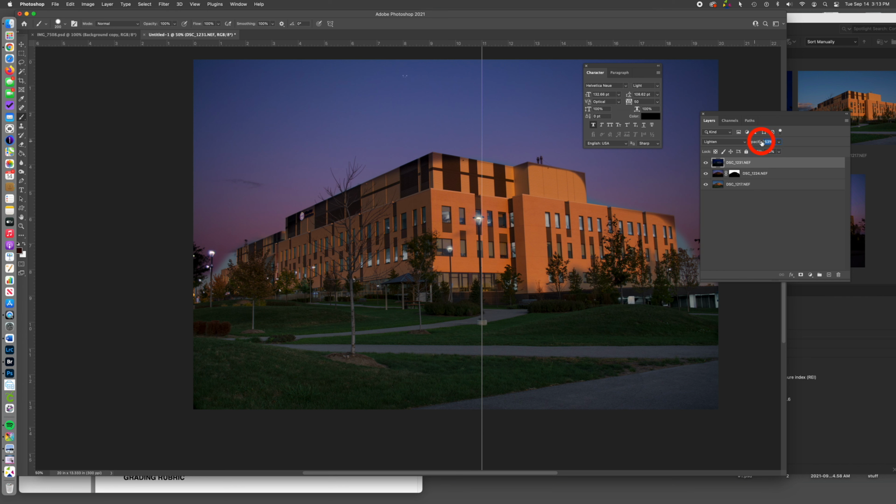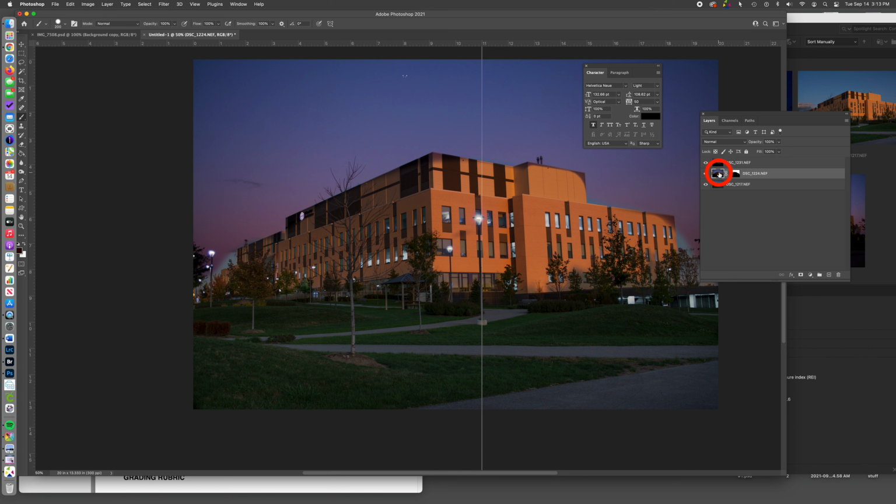So if I use the lighten mode, bring that up to 60%, yeah, I don't know. Do you prefer that? Maybe you do. So I'm going to say that that's okay for that. Again, do I want more of that sky showing? No, I think that's okay. I think that, if anything, maybe I would darken that down a little bit. And again, you can come back into the mask and either adjust this to make it lighter or darker